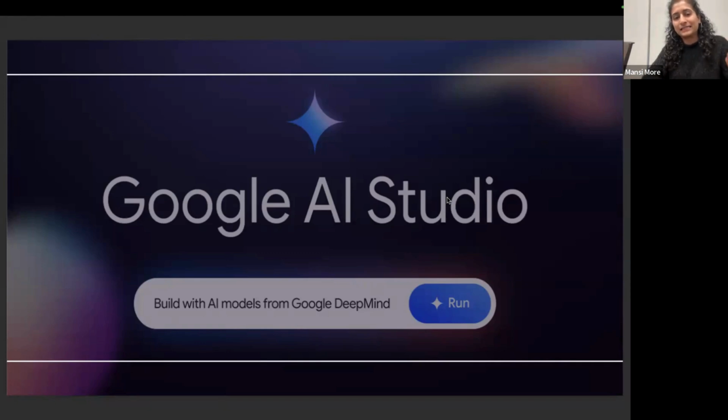Vertex AI is a machine learning platform that enables users to build, deploy, and manage all machine learning models and AI applications. It seems very technical, right?